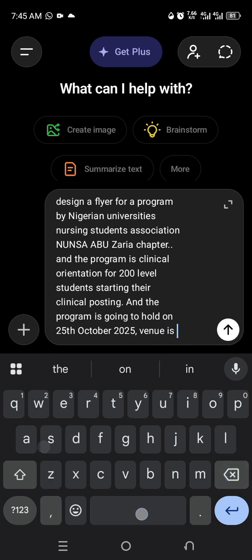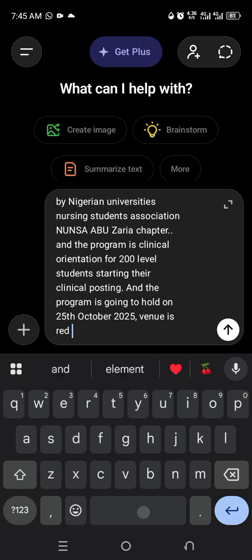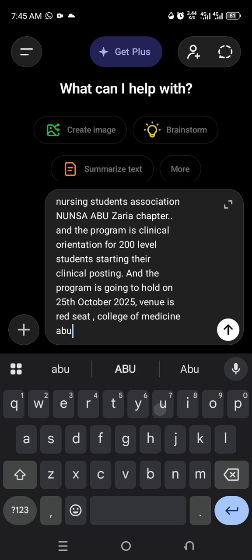Venue is Red Seat, College of Medicine, ABU Zaria. Okay, so as you can see, I want you to make